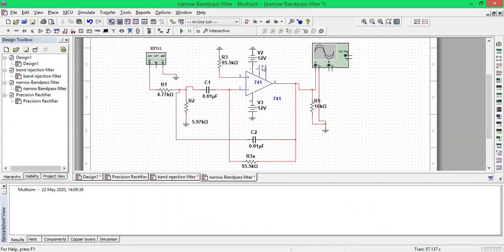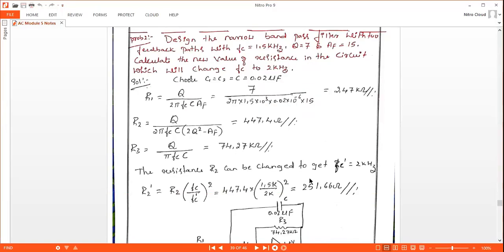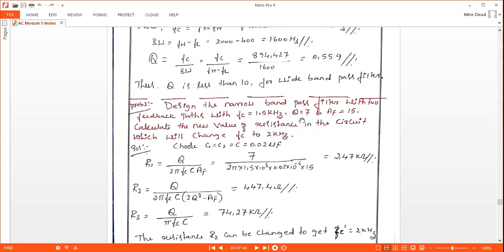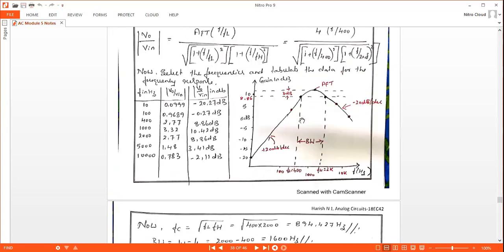The same formulas we have used for R1, R2 and R3, and the same value of R3 is used, and we have chosen the value of C1 and C2 as less than 1 microfarad, that is 0.01 microfarad. What you have to do is make the tabular column as such. I'll show you the tabular column. It is here.